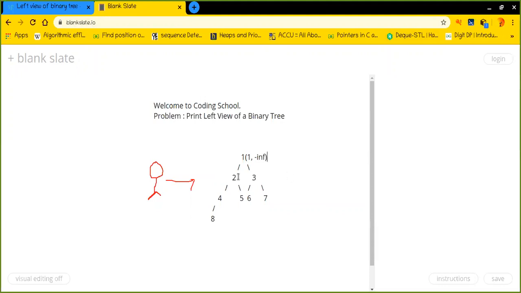So right here, when I call the left, actually I'm calling first the left side, because I want the left boundary to be printed first. Then we will see if I am having, let's say, this particular node at the right side. At the right side, then this is a different issue. We will take care of this later.